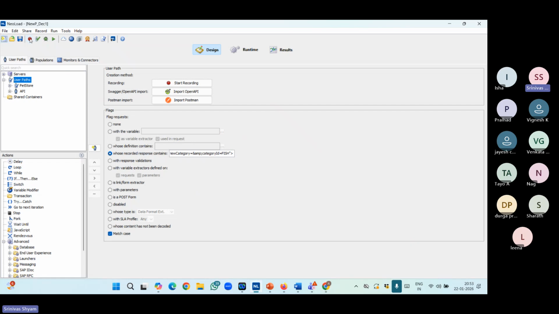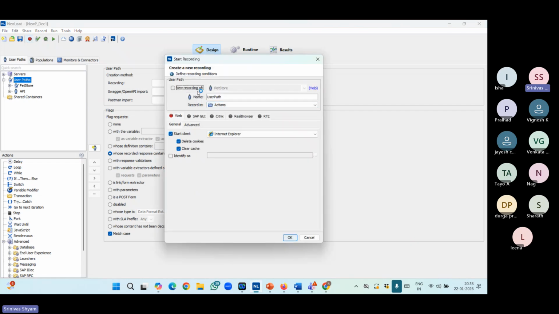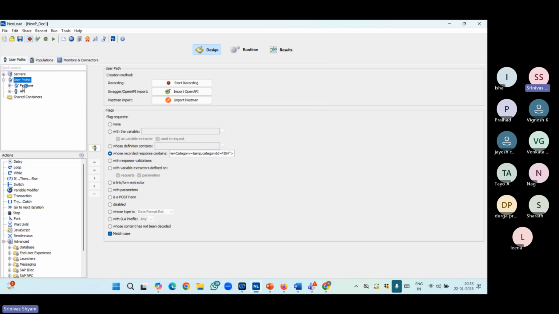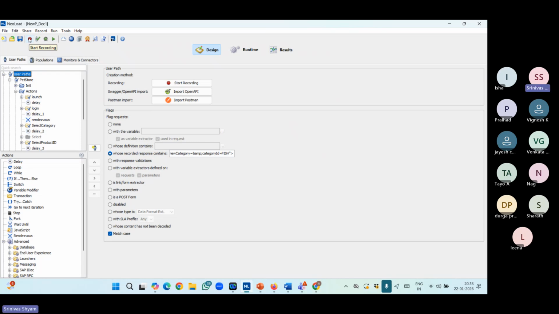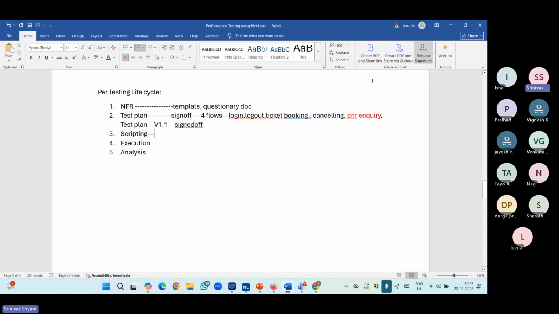See, there is something called record. If you click on record, you can navigate to the application and book your ticket over there. Once you stop your recording, you can see your requests over here, whatever they might be. So you are not writing any code in any language over here. Simply you are clicking on start recording and stop recording. Once that recording is done, we will be doing enhancements,